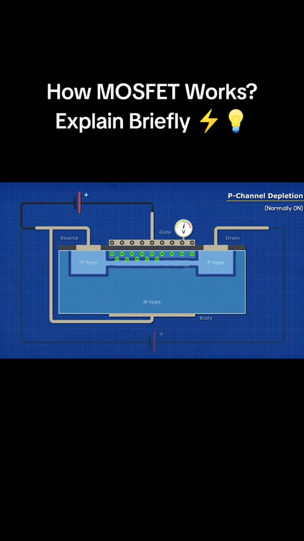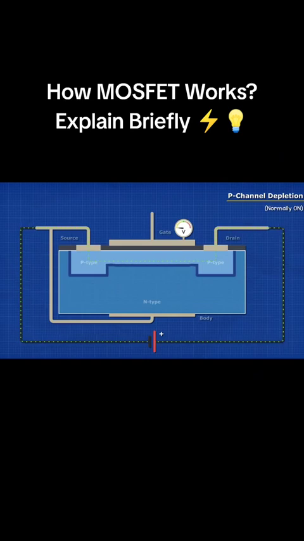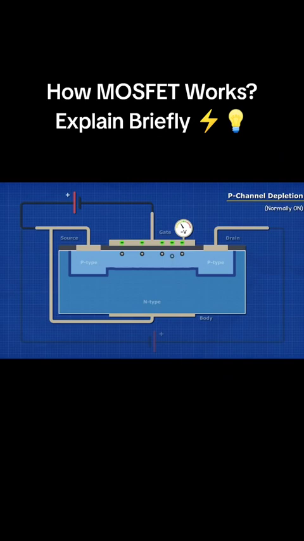As we increase the gate voltage, the depletion region blocks the flow of current between the two terminals. So we can use this device to turn a circuit off by applying a voltage to the gate terminal. However, if we apply a negative voltage to the gate terminal, the holes will be attracted to the negative charge, and so the channel increases, allowing more current to flow